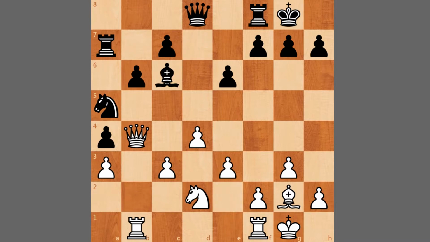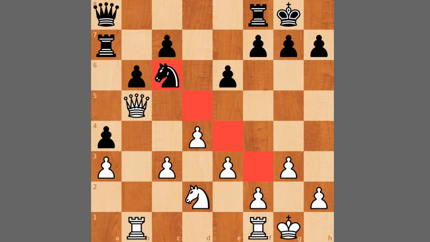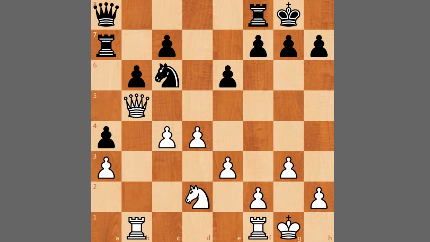Karjakin, challenging the other bishop on the long diagonal. We have bishop takes c6, knight takes c6, queen to b5, attacking the knight, and here a nice move from Karjakin, queen to a8, protecting the knight, and also looking at these weak light squares. c4 from Caruana, so looking at some pawn breaks, rook to d8, rook up to c1, and here a slight